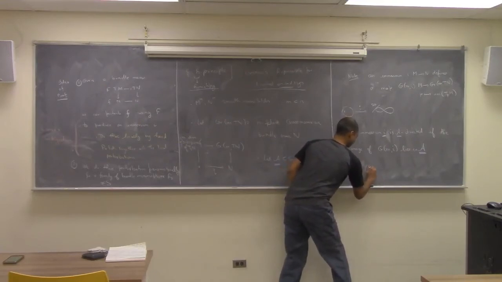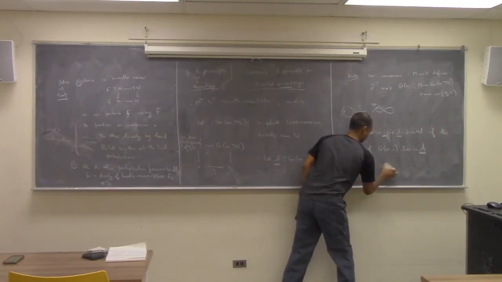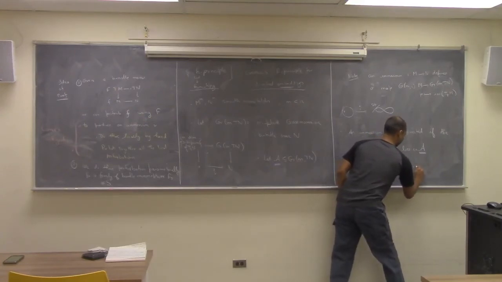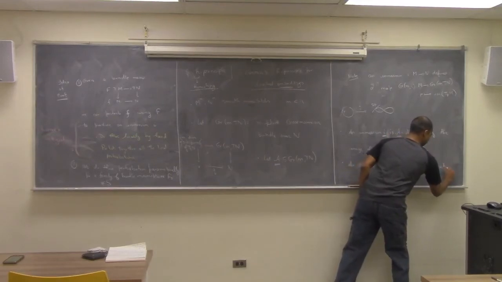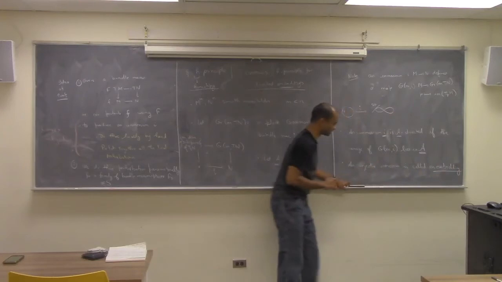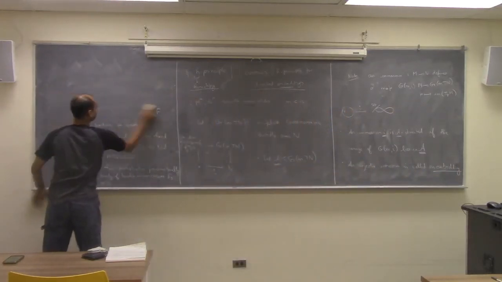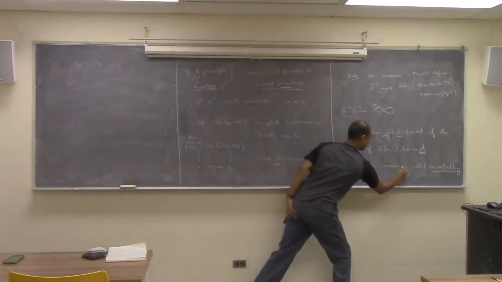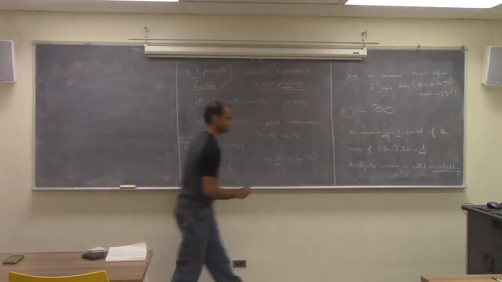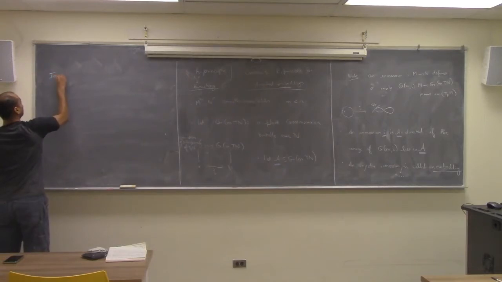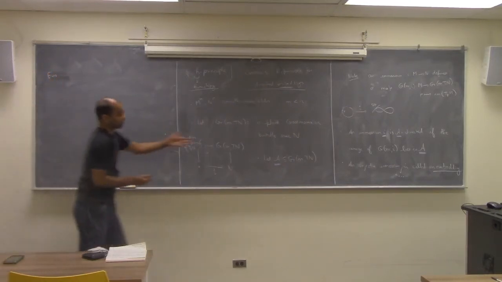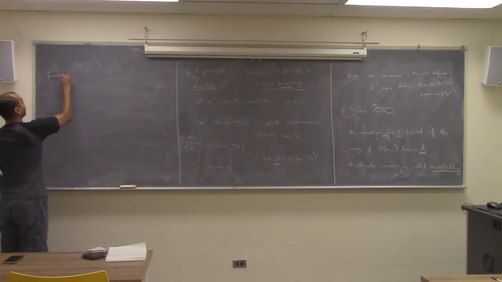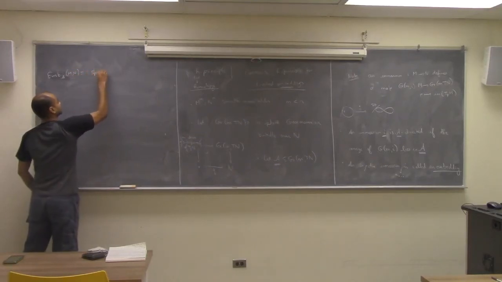An injective immersion is called an embedding. This is not exactly true. There is some more you have to say, but I'll leave it for now. There's some extra condition about the image. So here, an immersion is an embedding if it's actually injective on the set level. It's not just fiber-wise injective. Is the space of